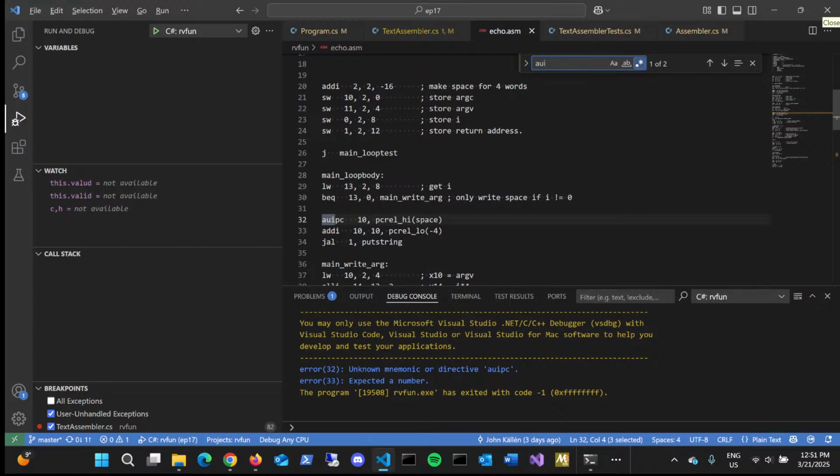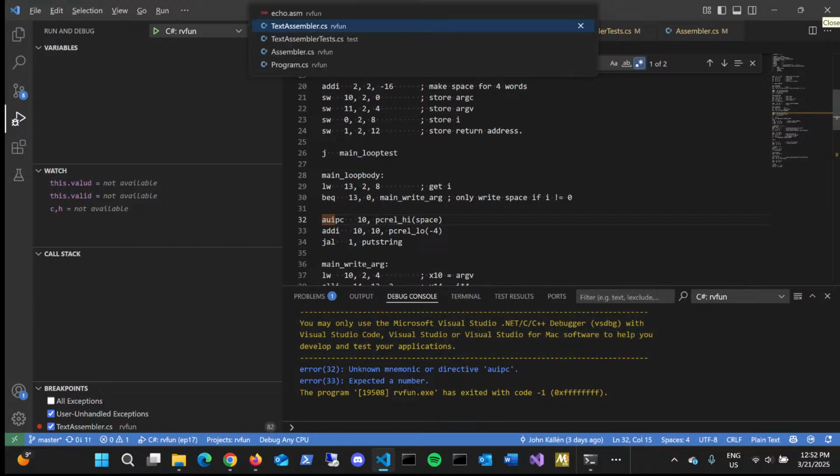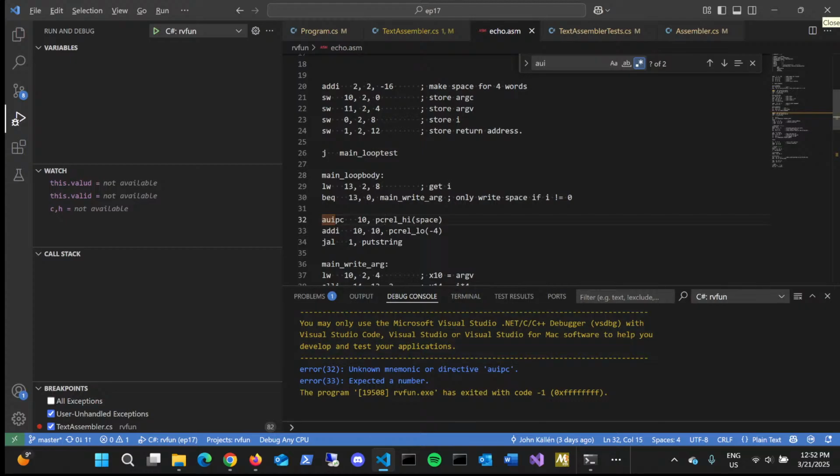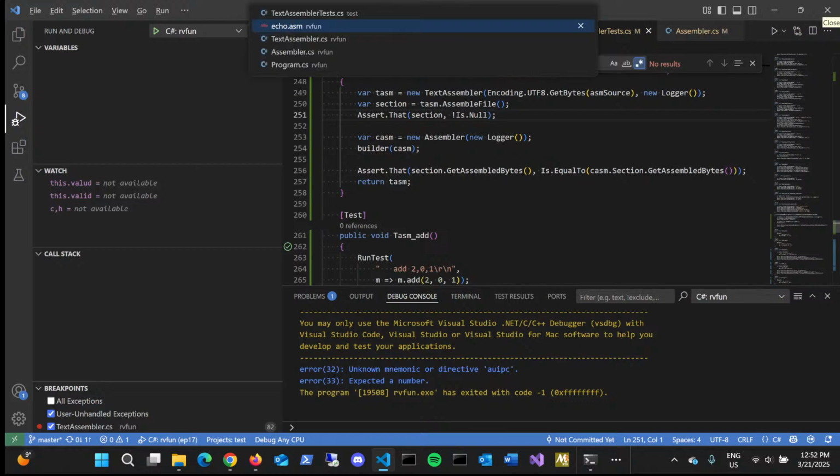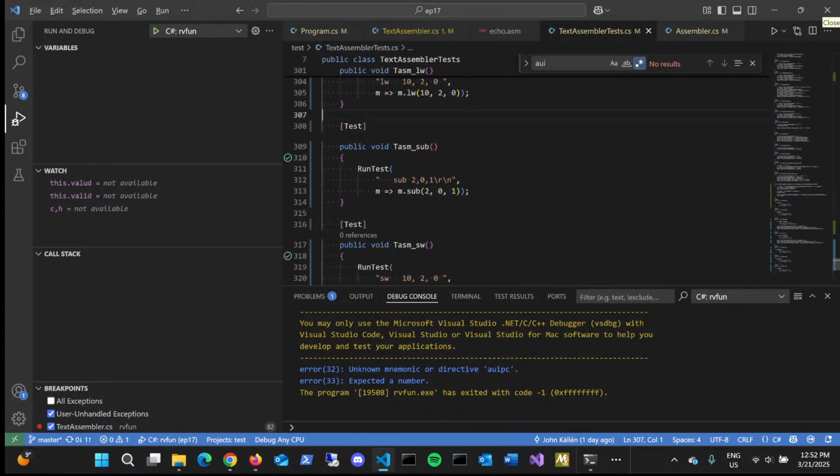So we need to implement a way to handle this expression here. This is an expression. We have a directive followed by a parenthesis and then another expression, which is a symbol. So this has to be implemented in, we'll create a new method called immediate operand and use that to parse expressions of this kind. So let's go and add the unit test first. So we expect that. And then here in our tests, we will add